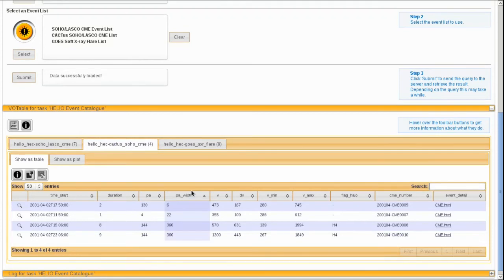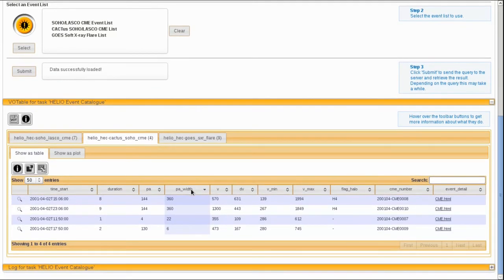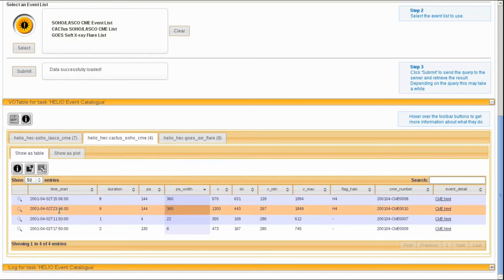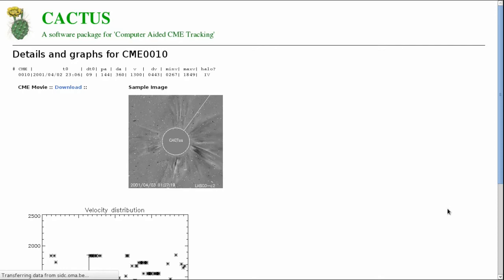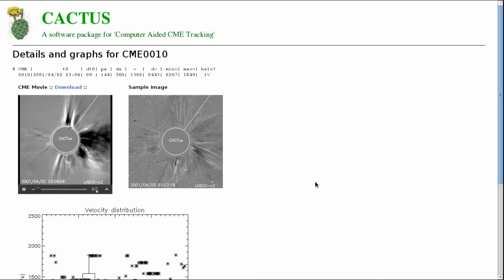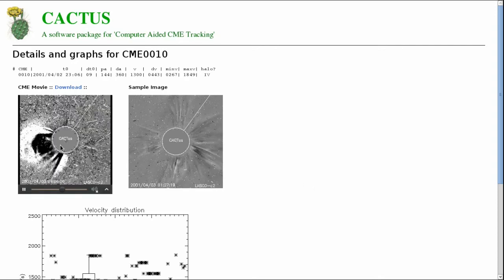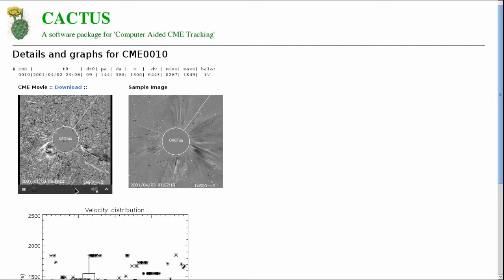Following the same procedure as before, we sort the catalog by PA width, and here we get two HELIO CMEs. Which one do we choose? Well, comparing with the other one, it happened around 10 at night, so most probably it's this one. Nevertheless, we get links to the Cactus data products, and here on the right hand side we can click there and it loads the CME list, and we can see at what time exactly that one happened,